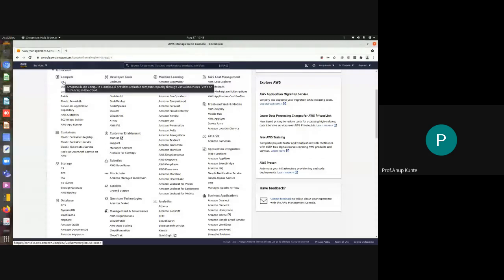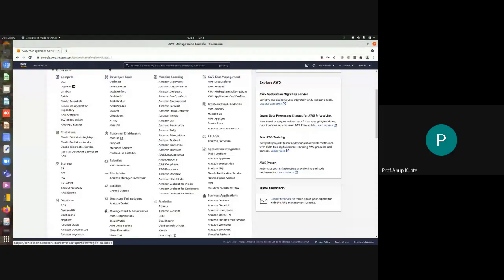You have different storage services, different containers. We talked about containers today, and there are various developer tools. Many of these developer tools we are going to use in our syllabus as part of the lab. So Cloud9, you remember we had this in our syllabus: CodePipeline, CodeDeploy, CodeBuild. Okay, all those things were there. So we'll today see how to create the IDE.